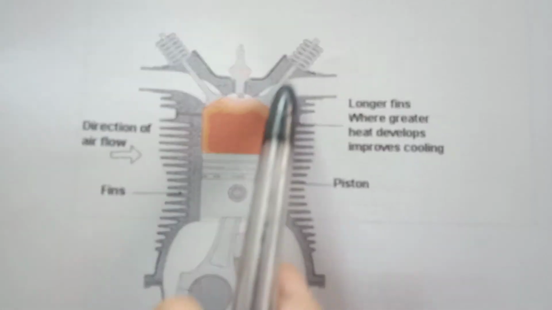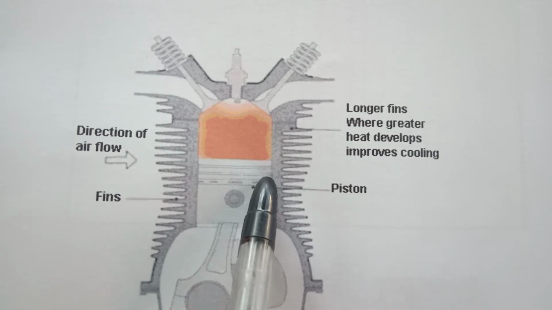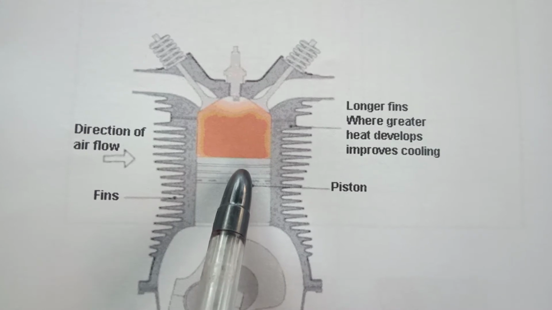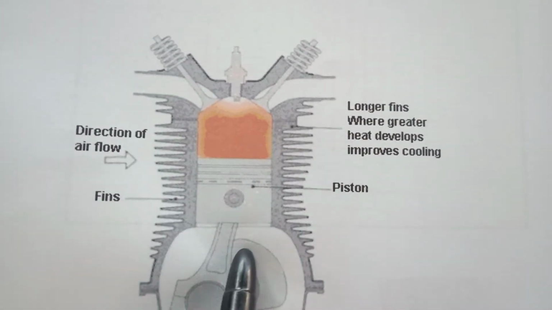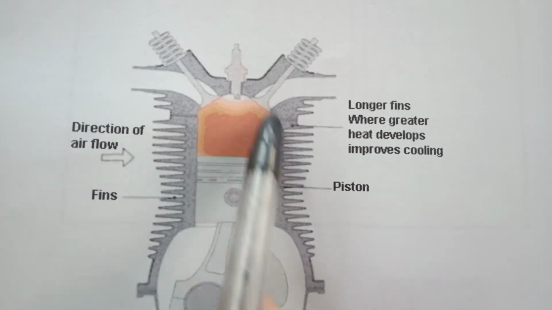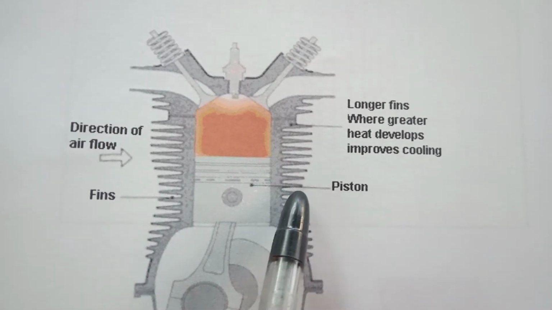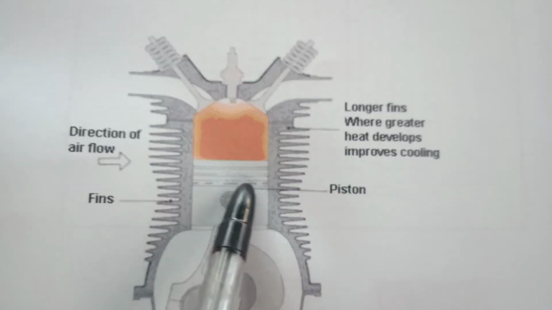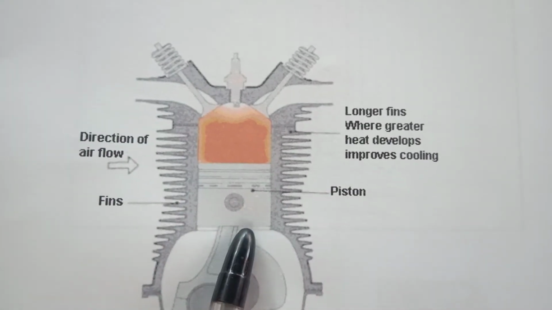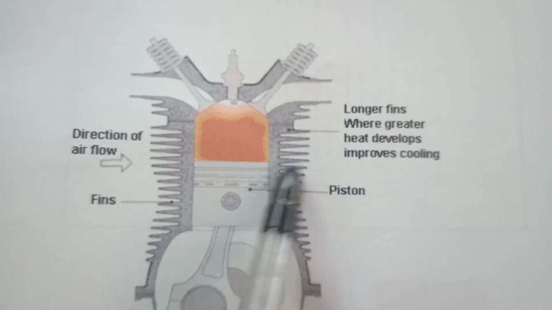Now these air cooled engines, the air cooling system, is mainly employed for engines of smaller capacity. For example, 50cc engines up to 150, 225 or 250cc engines. Up to 250cc engines, this air cooling system is efficient. Above 250cc, this air cooling system is inefficient, that is, it is unable to extract the heat from the combustion chamber of engines above 250cc. Up till 250cc, this air cooling system is quite efficient.